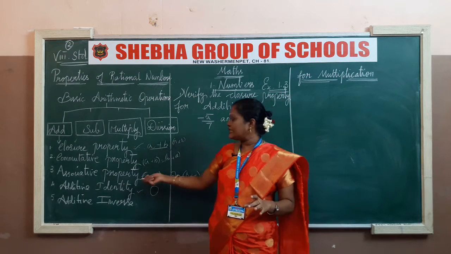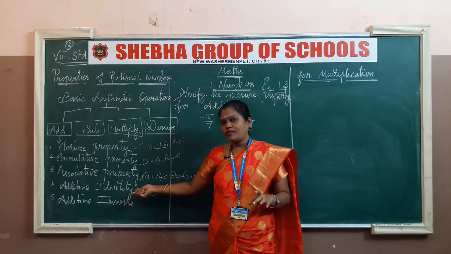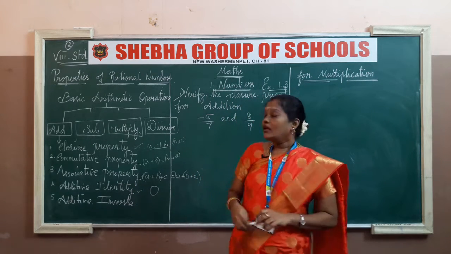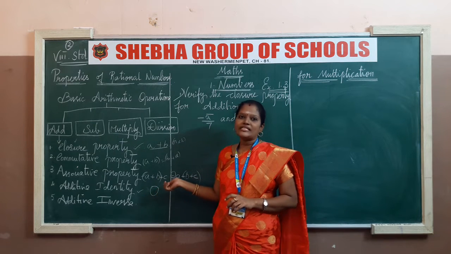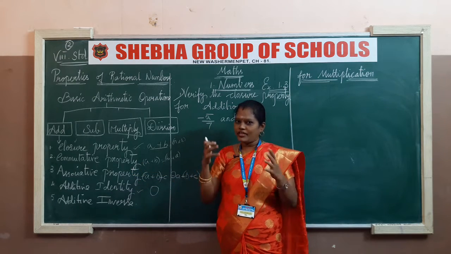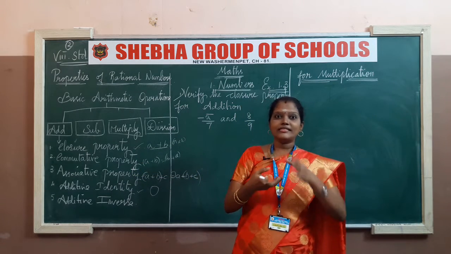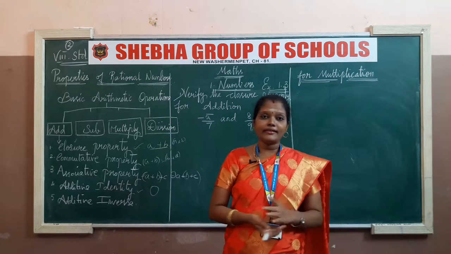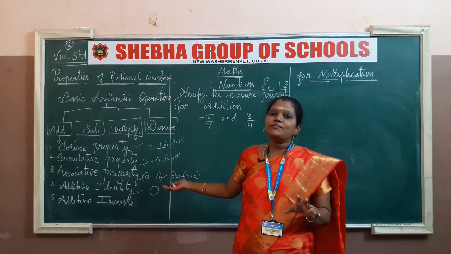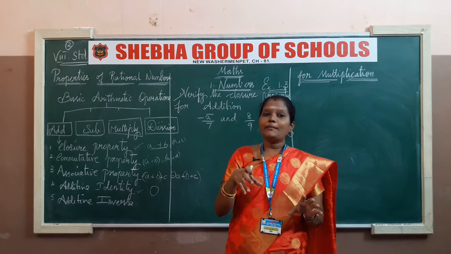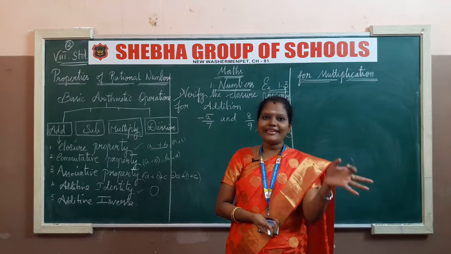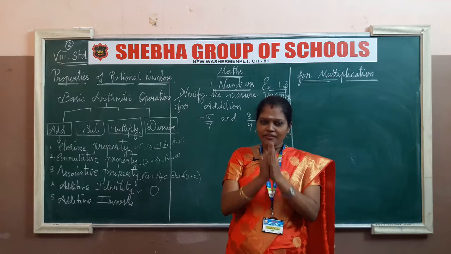Now we are talking about the third one, the associative property. In associative property they give 3 rational numbers. Clear? A value, B value and C value. 3 rational numbers they give for associative property. While you think to yourself, I heard that it consists of 3 rational numbers, how could we attend the sums? Don't think like that children. While seeing it looks like the biggest numbers, but when you substitute the numbers in the content pattern, you get the easiest answer. So don't worry about 3 rationals, 2 rationals, everything. What is our main fact?